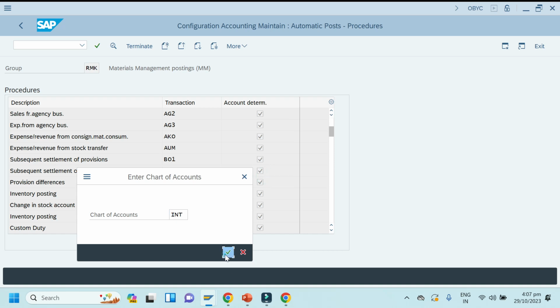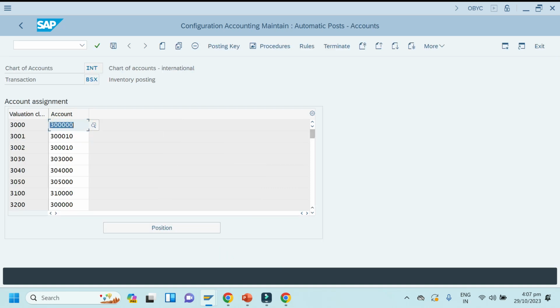Click continue. Once we click continue, you can make a note here also if you want. For transaction key BSX, chart of accounts INT, we can see valuation class and GL account. So only four entries are there, right? Chart of accounts, transaction key, valuation class and account.